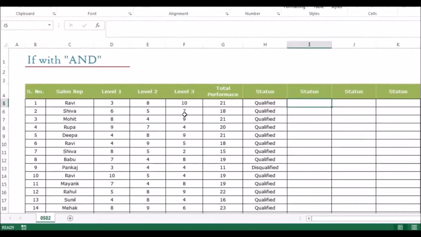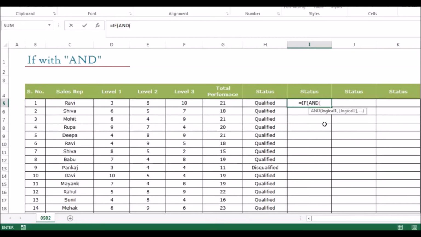So I'm going to start the formula, equals IF. I'll open up the formula by pressing tab. Now the condition is AND. I have to put 3 conditions in this logical test. So I'm going to write AND, because AND and OR are both formulas in Excel. I'm going to press tab, and here we go. This is the first time that we are doing a nested formula since we have started this course.